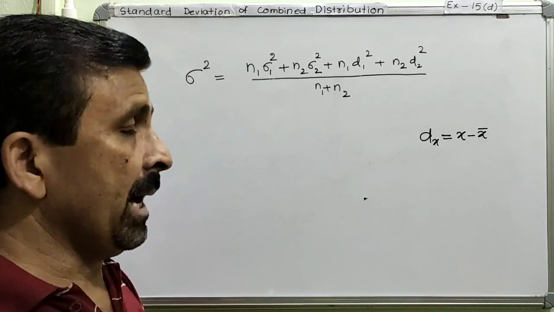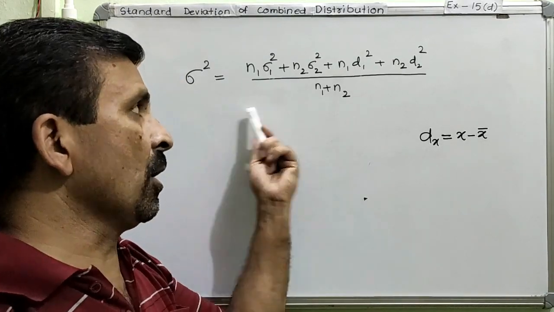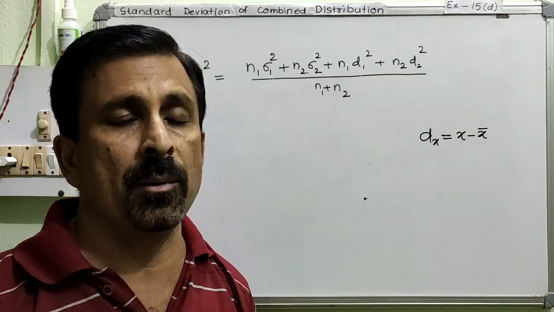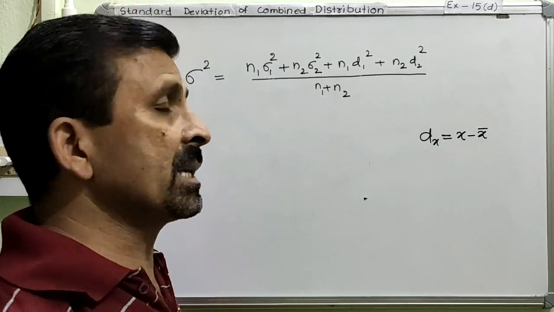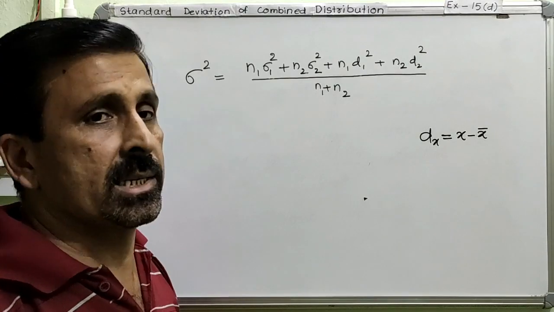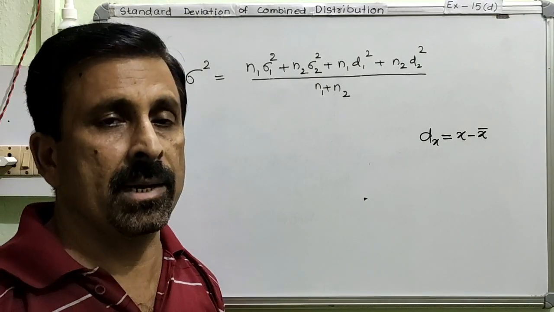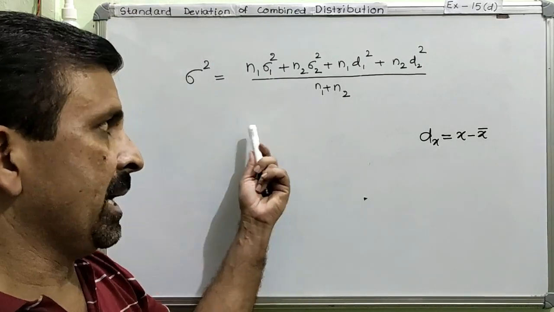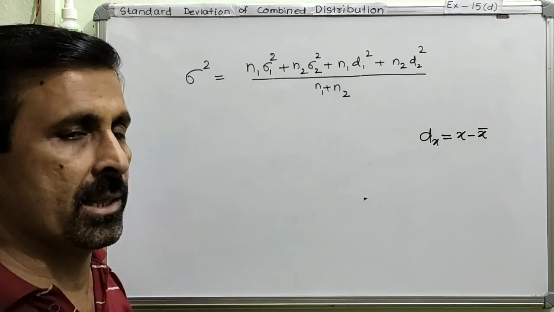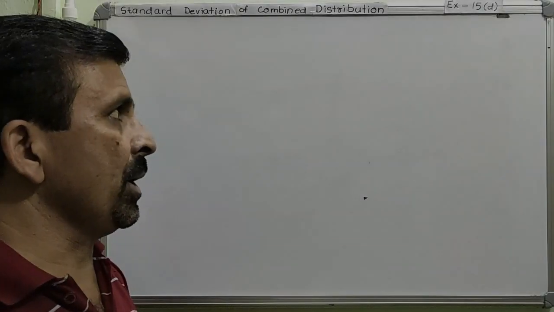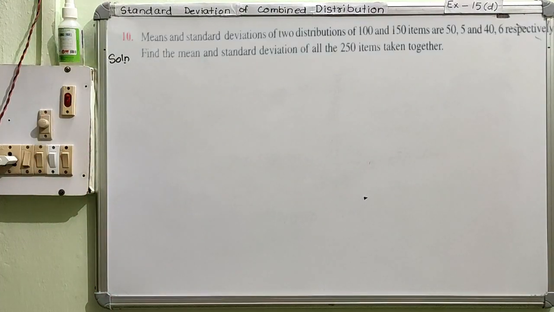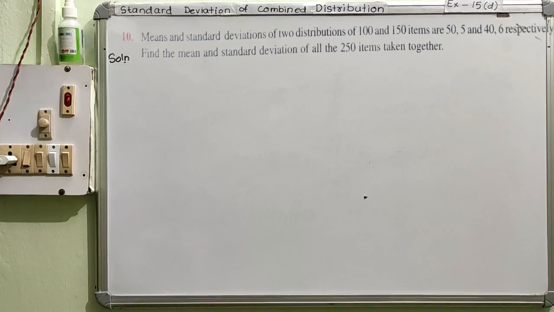Is it okay? And along with this formula, we will also require the formula of the combined mean. In the previous video, you have already seen the combined mean formula. So please don't forget, because we will be using it in finding the standard deviation of the combined distribution. So just pause the video and write down this formula, and after that we are going to begin the question. Clear? Thank you. Today we are going to start with question number 10. Look at question number 10 on the board, right? I'm going to read out the question first of all, and then we will see what we can do. Question number 10.